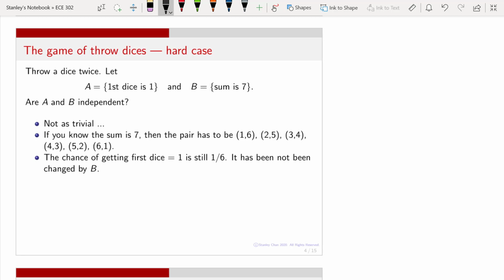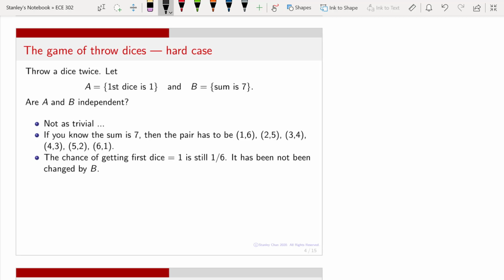So if you think about it from this influence point of view, A is influencing B and B is influencing A. So we do have a natural guess that these two events are dependent. We are going to look at this problem more carefully in a few minutes. But to really address this problem, we need to understand the difference between our hand-waving argument of using influence